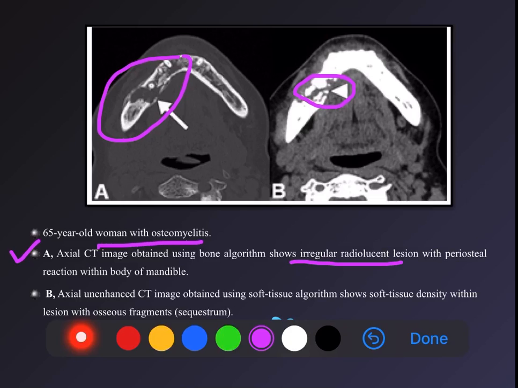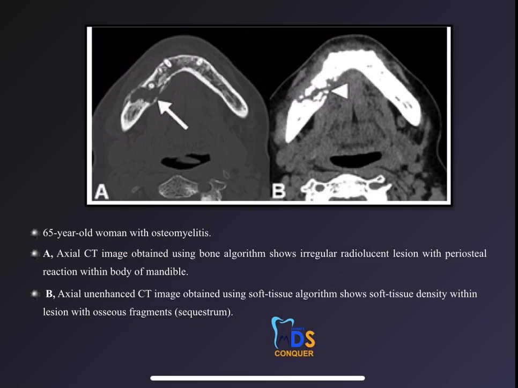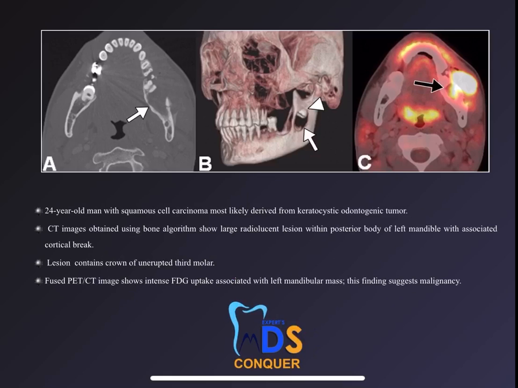So all this clearly goes to a diagnosis of osteomyelitis, because these two sections give the conclusion that the presence of osseous fragments could be sequestrum, and there is an irregular or ill-defined radiolucent lesion with a periosteal reaction in the body of the mandible. So most probably it could be osteomyelitis, right? Next. Now again, if you see,